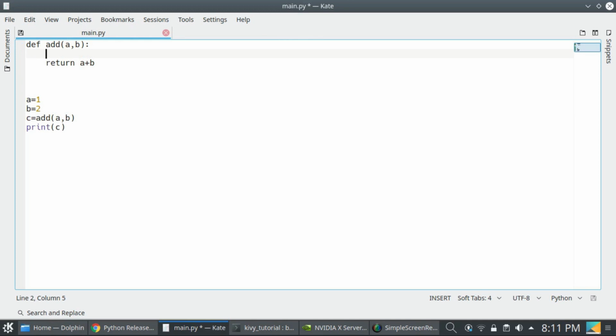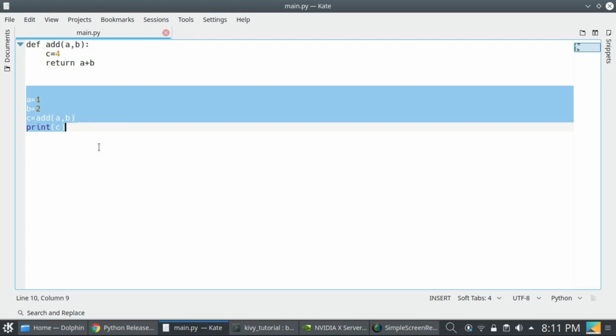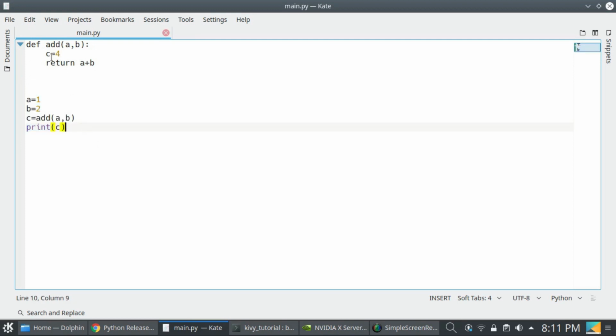Here I can also use C equal to 4, but you can do this because their scopes are different. C is defined in this scope, but here C is defined in the main program scope, and as the scopes are different, they are not interacting, so it is valid.